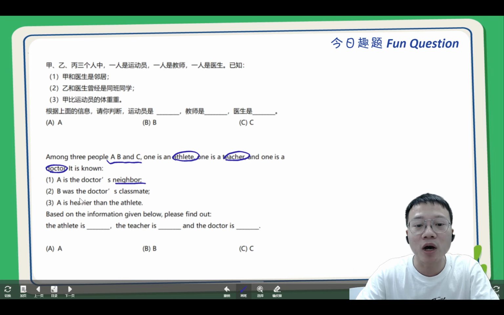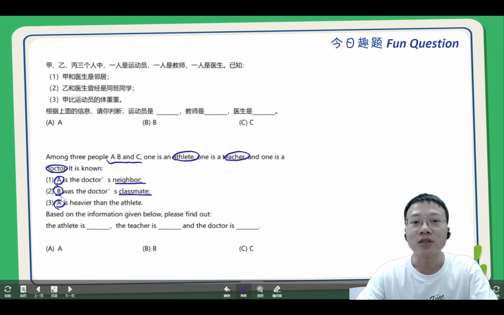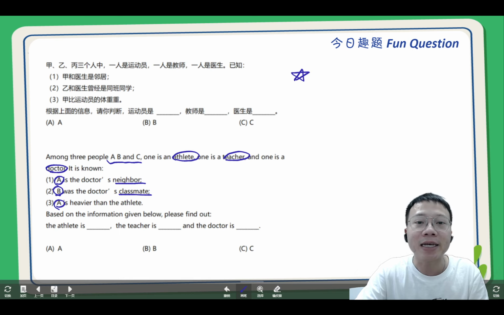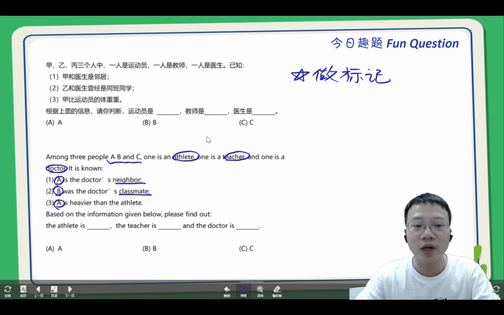And then it is known A is the doctor's neighbor. Okay. B was the doctor's classmate. And A is heavier than the athlete. So we need to find out who is the athlete, who is the teacher, and who is the doctor based on the information given. Okay. 所以读题非常的重要，因为信息非常的多。And always remember to leave some markers, right? 还有印象吧？一定要做对应的标记啊，这个是非常重要的。OK, leave the markers 做标记啊，我重新再写一下，一定要做好对应的标记。